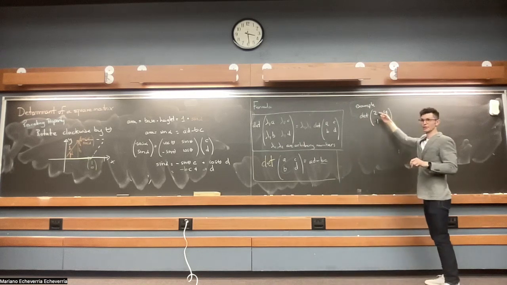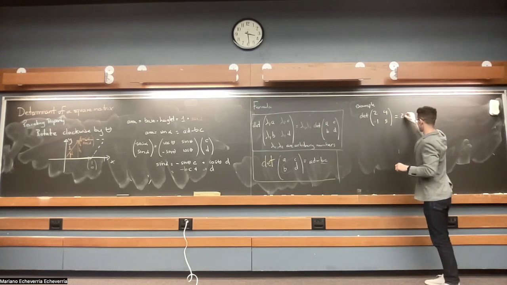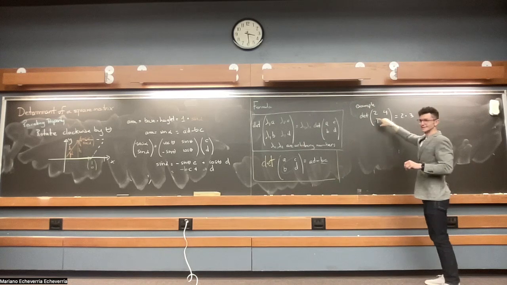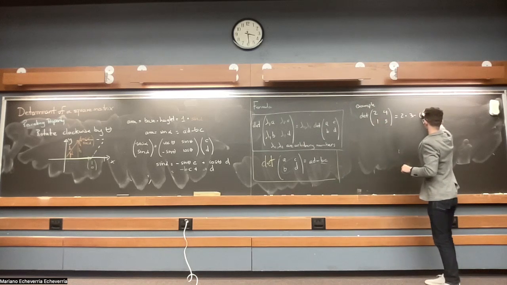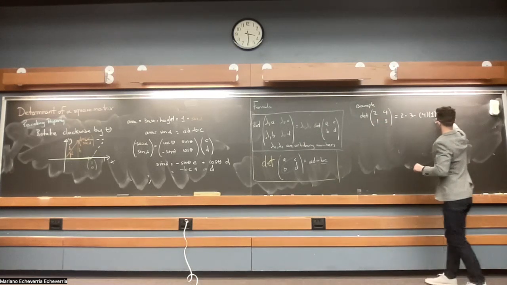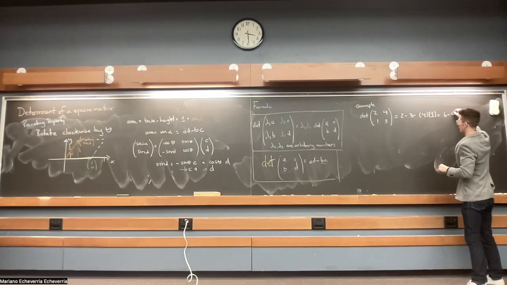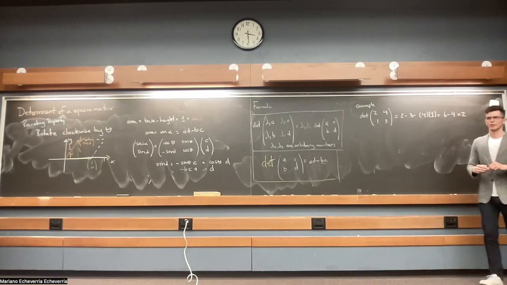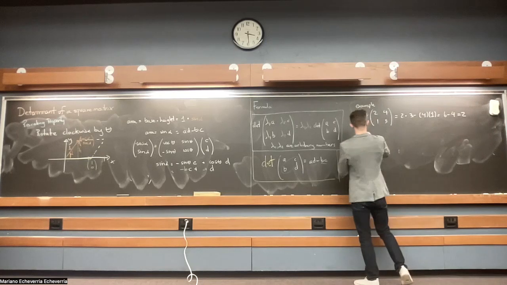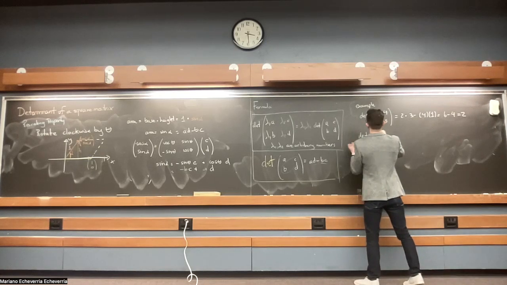Would be that first diagonal, you multiply their entries, so it's 2 times 3 minus second diagonal, 4 times 1, right? So that's 6 minus 4 would be 2. Okay. Or for example, there are not that many things you can try. You just put a couple of different numbers to convince yourself that you're doing it fine. But